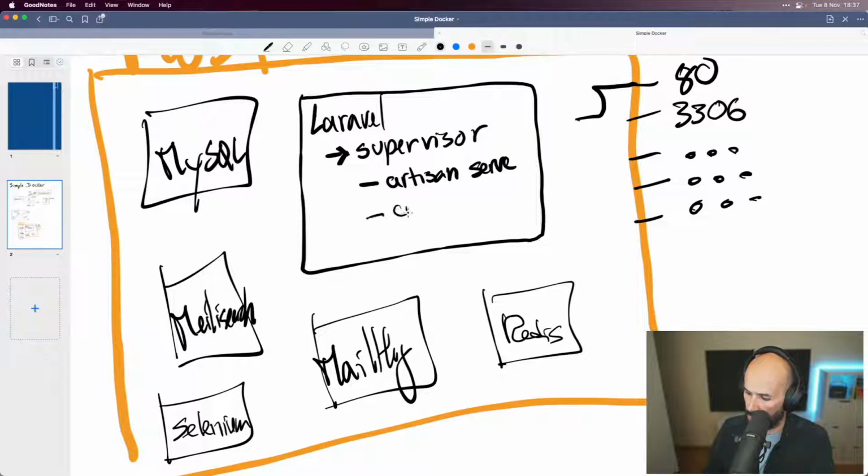We could also run cron, or leave a worker running, all these under supervisor,